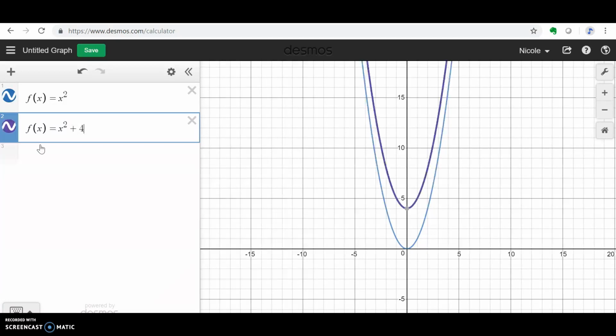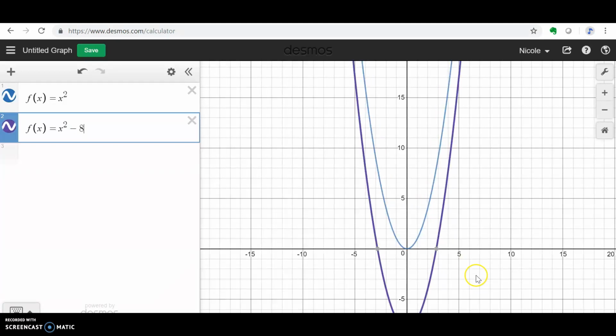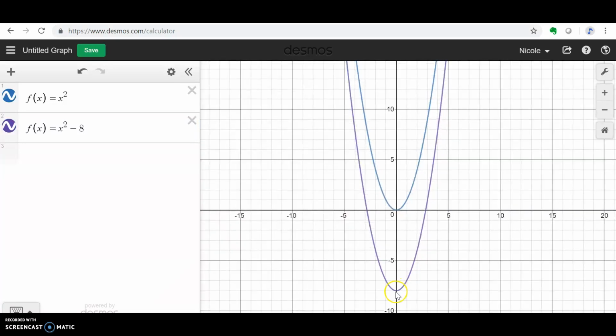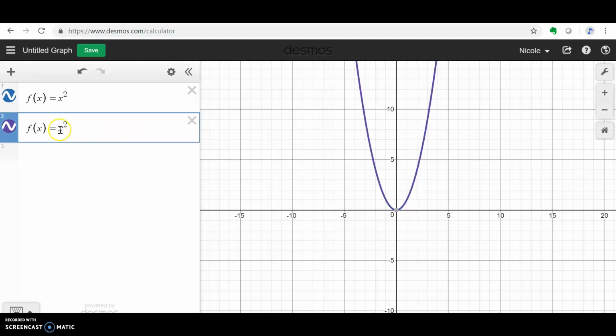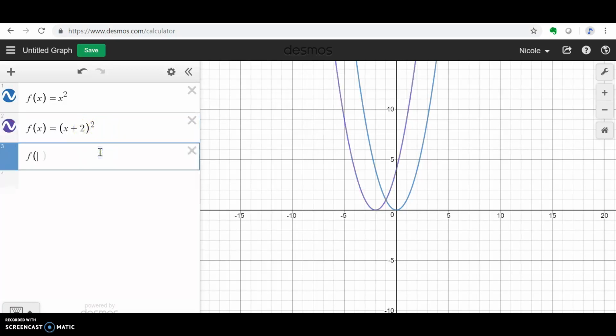So first I had plus 4, demonstrating how the whole graph just shifts up 4. I also have minus 8 to show the opposite of that, how it goes all the way down, then 0, 8, 0, negative 8. I also then take a look at what would happen if we manipulated the x inside, noticing how when you add 2, it shifts to the left,